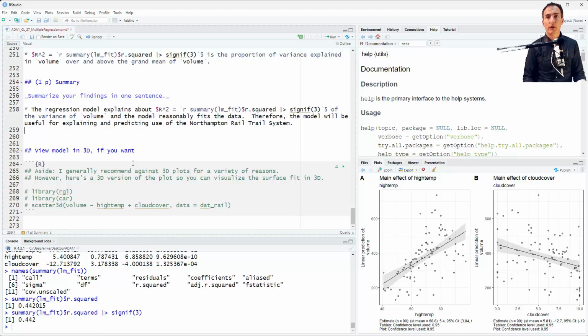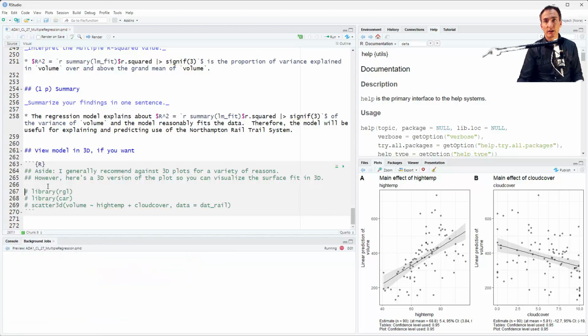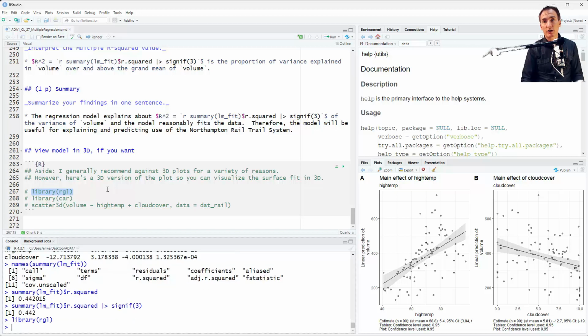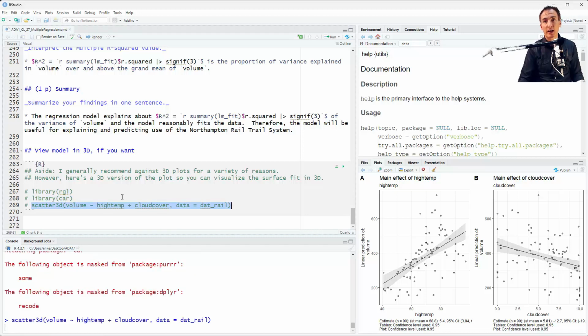Period. Okay, I think that's a fine summary. All right, as a bonus, you know what, let's render this first, and then I'll show you the bonus. So the RGL, the R graphics library, allows you to do cool things in three dimensions and stuff like that. In the car package, there's a function called scatter3d,